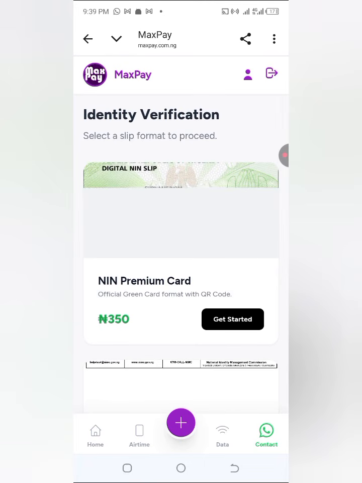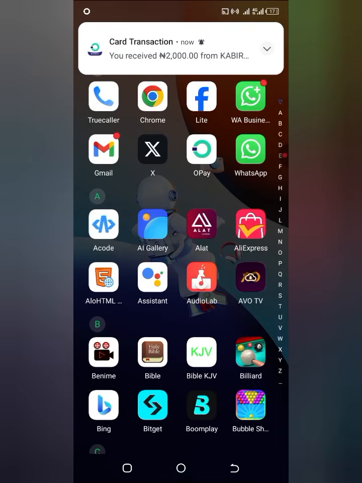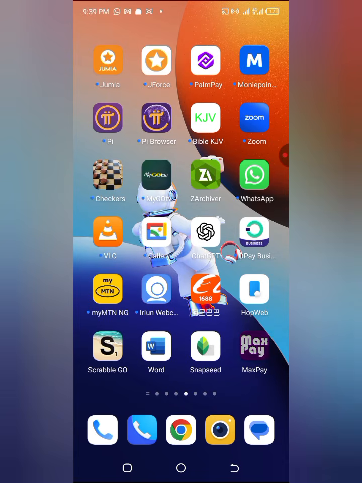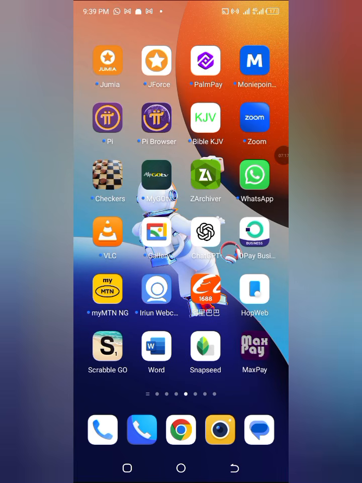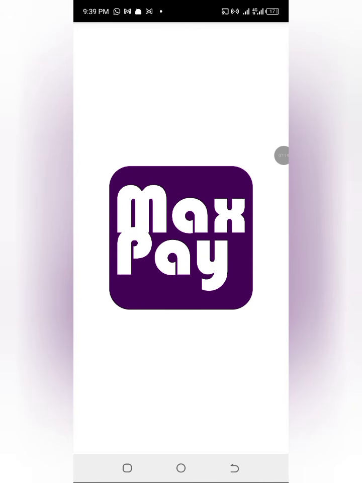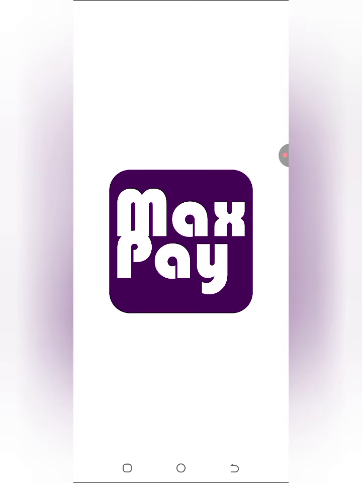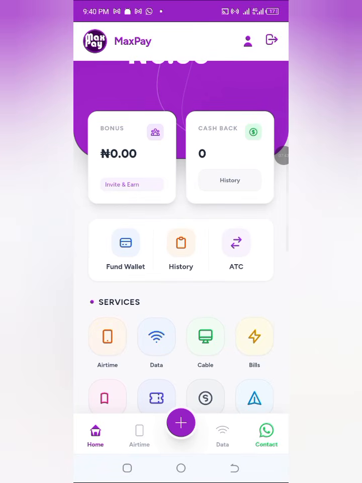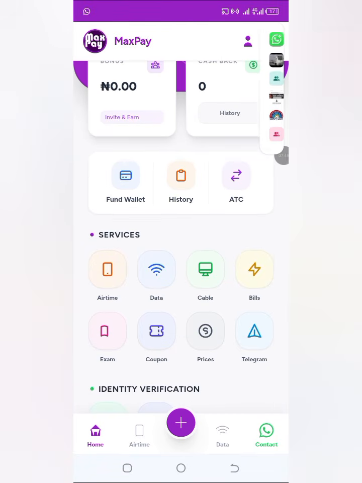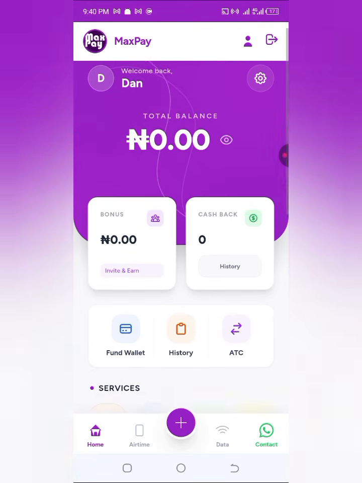And don't forget that we actually downloaded an application. So when I come to my phone homepage here, I'm going to see the application I downloaded. So this is it here. It has been downloaded on my phone as an application, which is MaxPay. So to come here next time, all I have to do is tap on the application. It's going to open up for me this way, and this is super cool and super easy. With this, I can generate my NIN, my BVN. I can get affordable data. I can do so much on this particular platform, which is